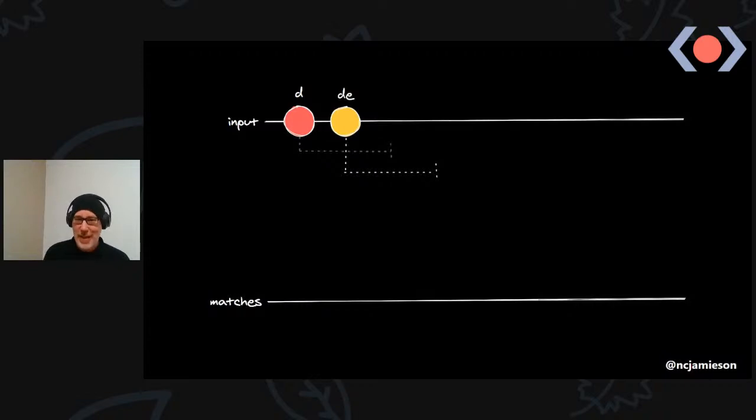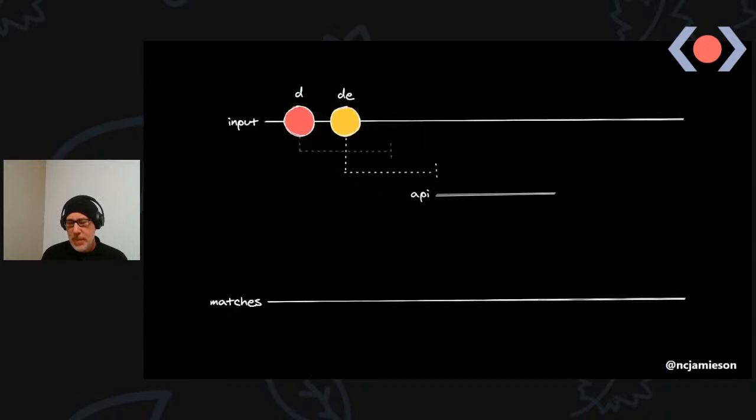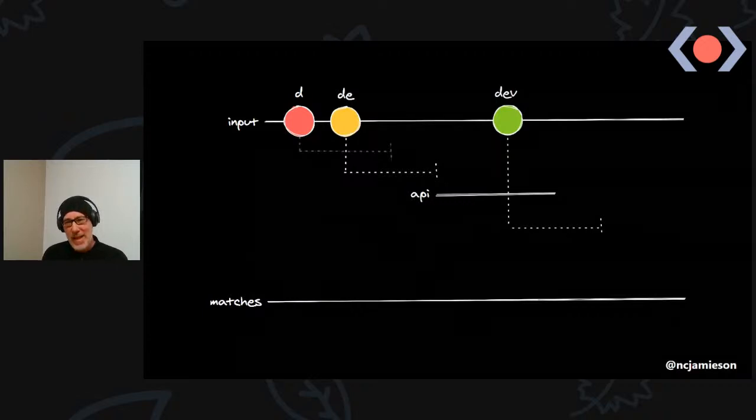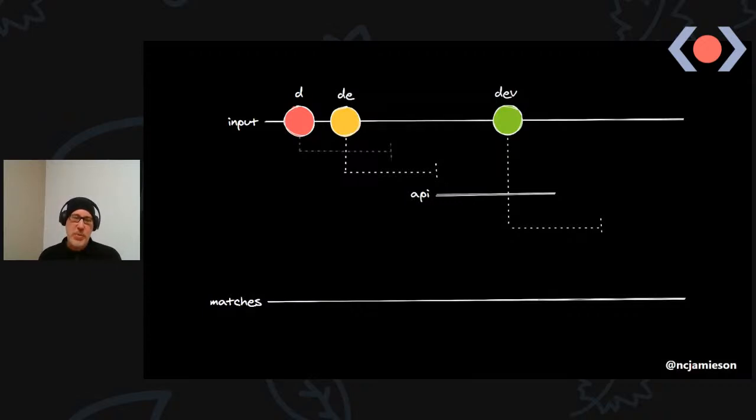If they're just looking for the next character and the timeout elapses, our API call starts inside the switch map. Now, that API call might take a bit of time. And if during that time, the user finds the key they were going to press and they press V, so they've got dev in the input buffer now, that comes through and we have another timer start in the debounce implementation. But if our API call